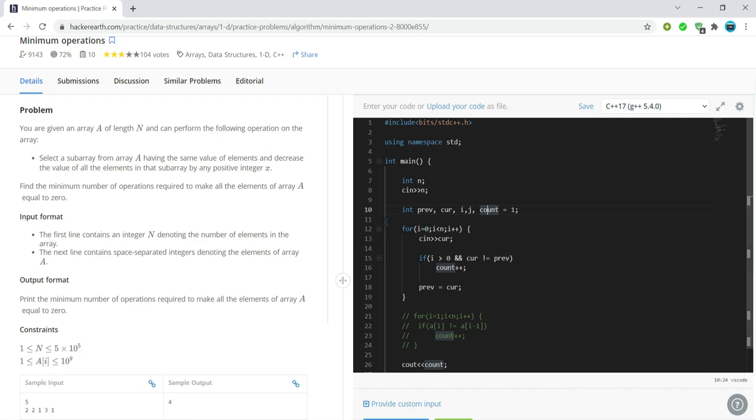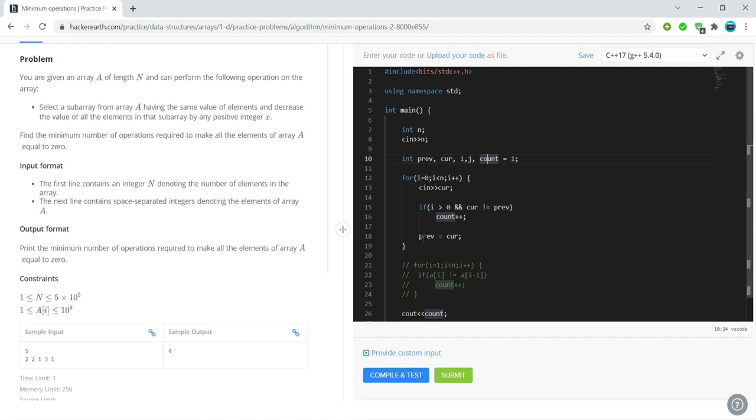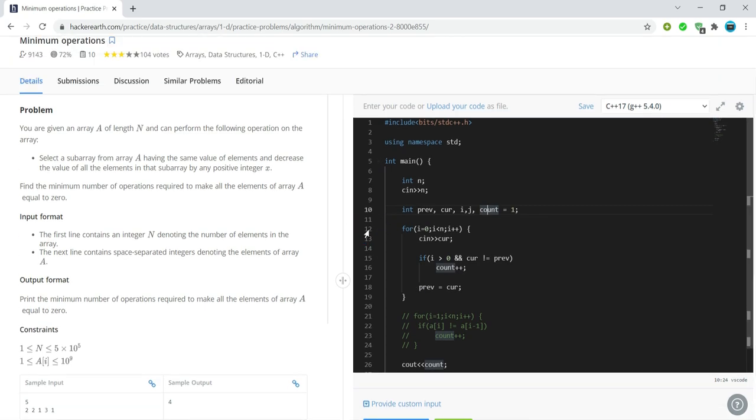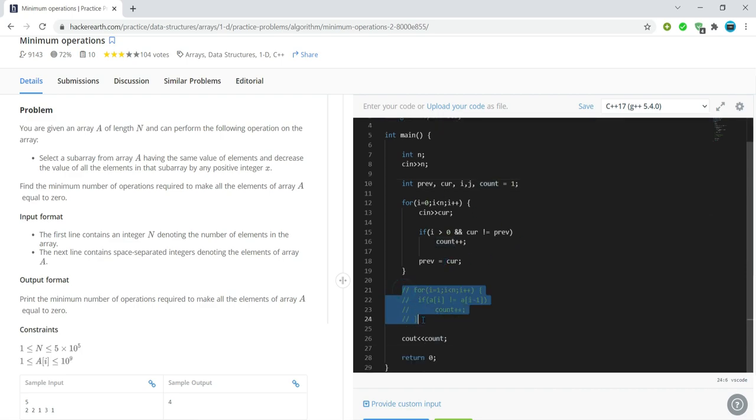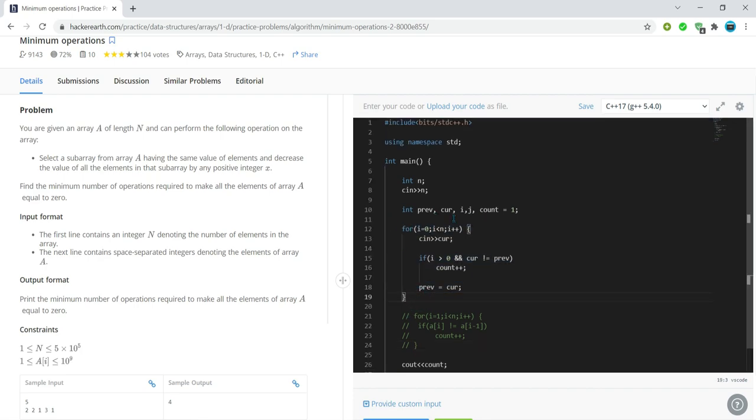So the motive of solving these problems is to become a good developer, a better problem solver, and learn how you can optimize space and time. Here, firstly I saved time by reducing two for loops to one for loop, and again saved a lot of space by using just two variables instead of saving the whole array.